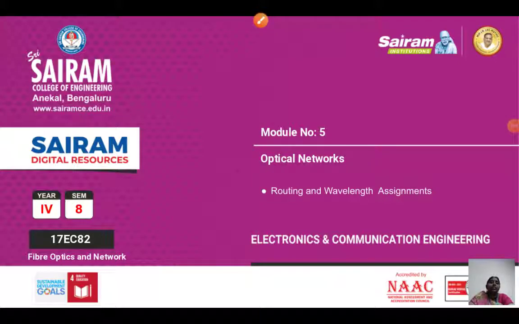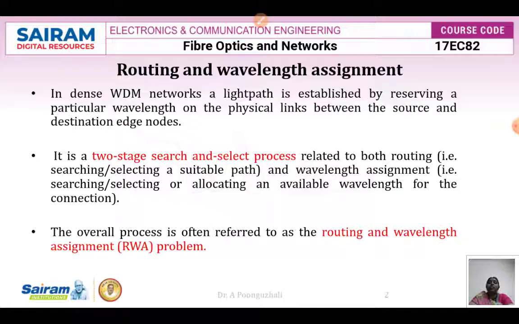So, good morning students. Next, we will go for your routing and wavelength assignments. In your routing and wavelength assignments, you are going to implement it in your dense WDM networks. In your dense WDM networks, we are going to establish a light path by reserving a particular wavelength on the physical links there. Between the source and the destination edge nodes, we are going to have a physical link,